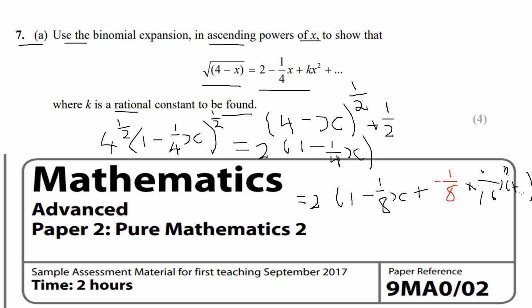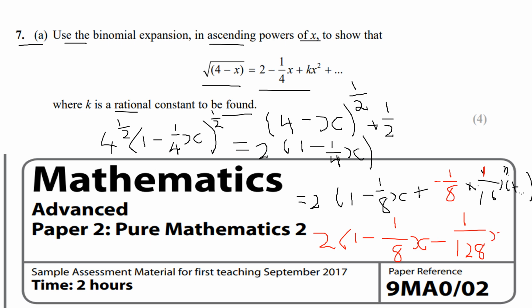Because I do minus a quarter x all squared, so I get 1/16 x squared. So when I do that, 8 times 16, actually, so double that, I get 32, double that again, I get 64, double that, I get 128. We have 2 brackets 1 minus 1/8 x, and then the minus and the plus make a minus, so you have minus 1 over 128 x squared,